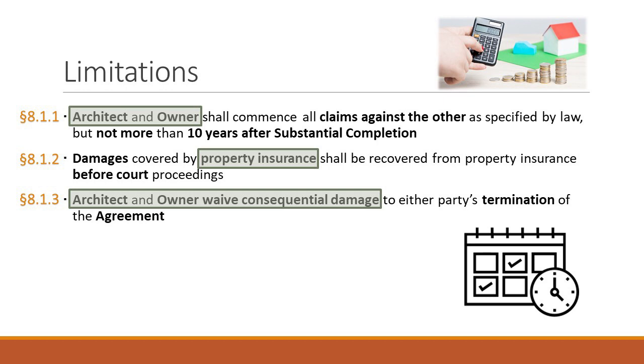The reason why you do this in construction projects is because there are so many potential areas where there could be lost revenue or lost things that it could just be massive. So it has become an industry practice that there should be a mutual waiver, mutual owner and architect both waive,